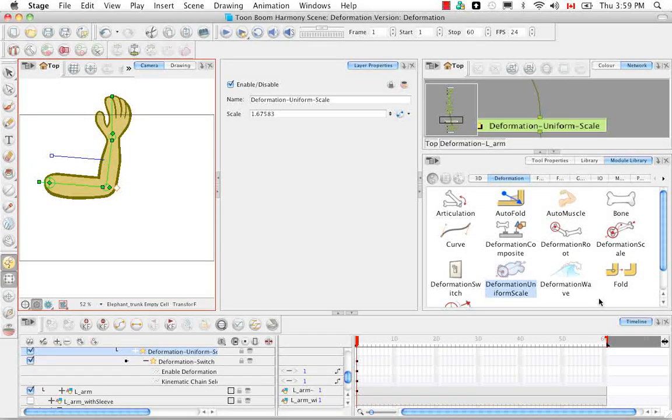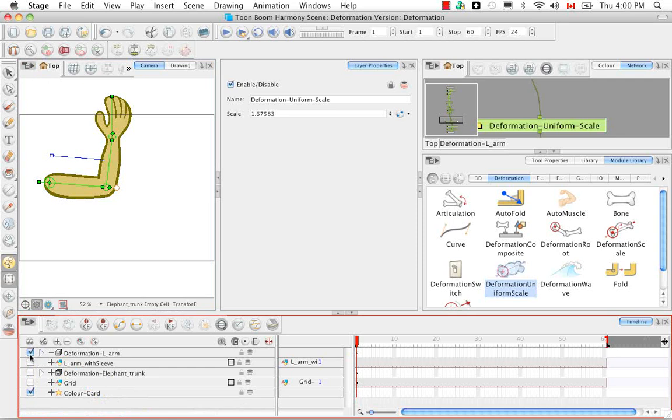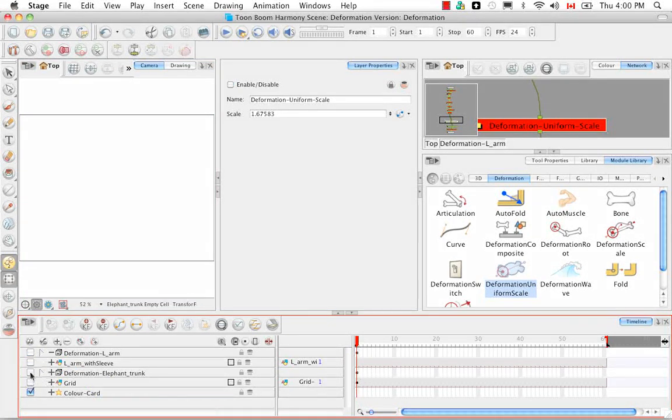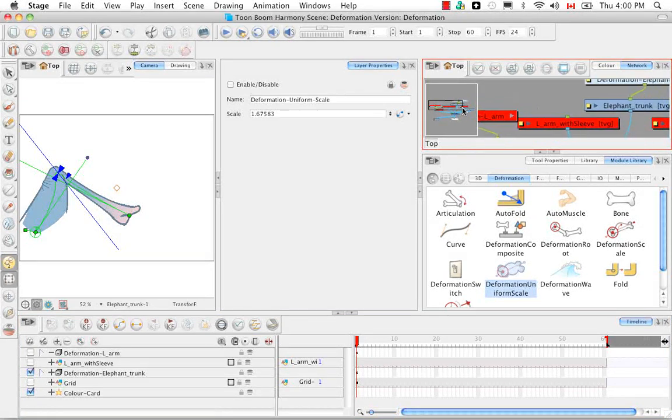So the next deformation module that I'd like to take a look at is a deformation wave. But this time I'm going to use it on the curve instead of the bone and articulations. It actually doesn't matter which you use it on, but I thought that it might look a little bit more natural on the elephant. So we're going to get rid of that and bring up the elephant curve. And we're going to go back to the top view, find our chain, go into our group,